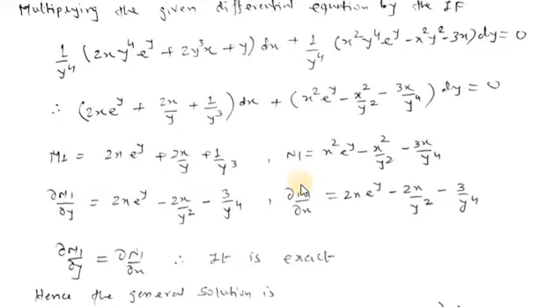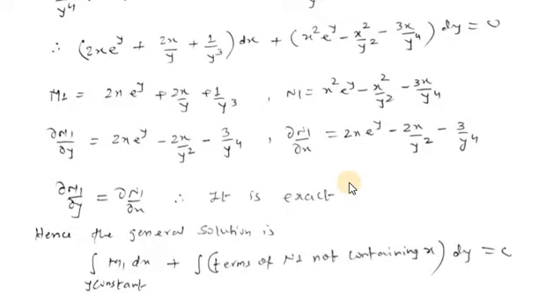Now similarly we have to find the partial derivative of N1 with respect to x, that is del N1 by del x. So we have to keep y constant, e raised to y as it is, the derivative of x square is 2x. Then minus 1 upon y square is the same, and the derivative of x square is 2x. Then minus 1 upon y raised to 4 is the same, 3 is the same, and the derivative of x is 1. Now we can see that both del M1 by del y and del N1 by del x are the same. It means the given differential equation is now exact.